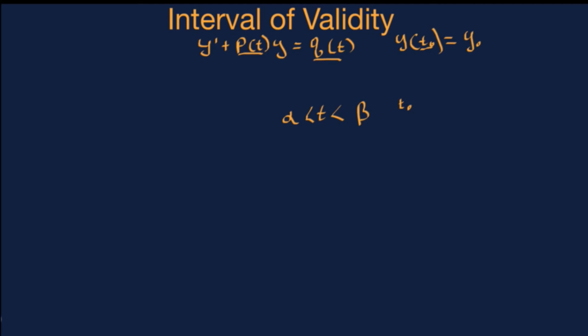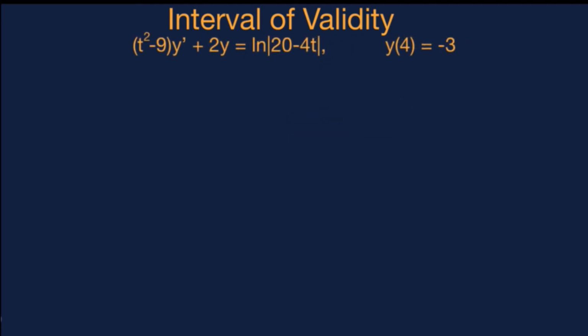And if this interval is also the largest possible interval on which both p of t and q of t are continuous, then this interval is actually the interval of validity of our initial value problem. So what this means is, for these types of initial value problems, we don't have to solve the equation to find the interval of validity. Now let's make things concrete by finding the interval of validity of this initial value problem without actually solving the